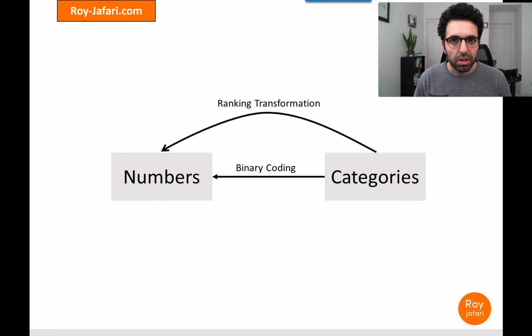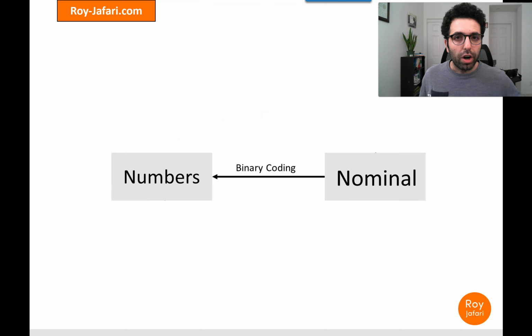We have nominal and ordinal attributes. Are there any differences if our categorical attribute is nominal or ordinal? Let's find out. If our categorical attribute is nominal, the only choice we have is going to be binary coding. If you have a nominal attribute and you need it to be re-represented with numbers, that's the only choice